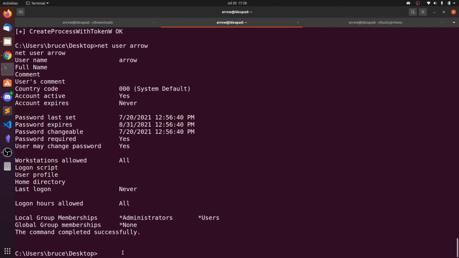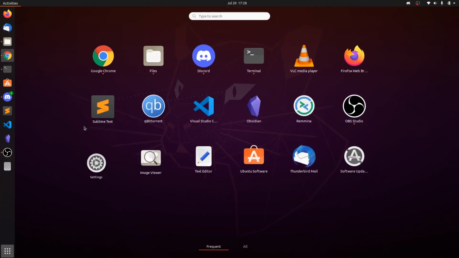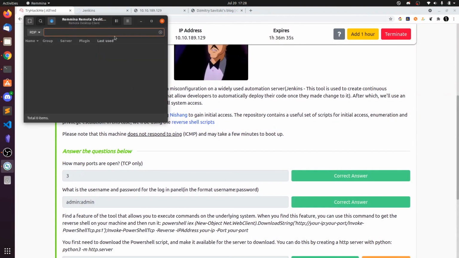To switch to the arrow user, you can see in the nmap scan port 3389 is open, right? So you can copy the IP address. You can also use xfreerdp, but Remmina is like a remote desktop client.